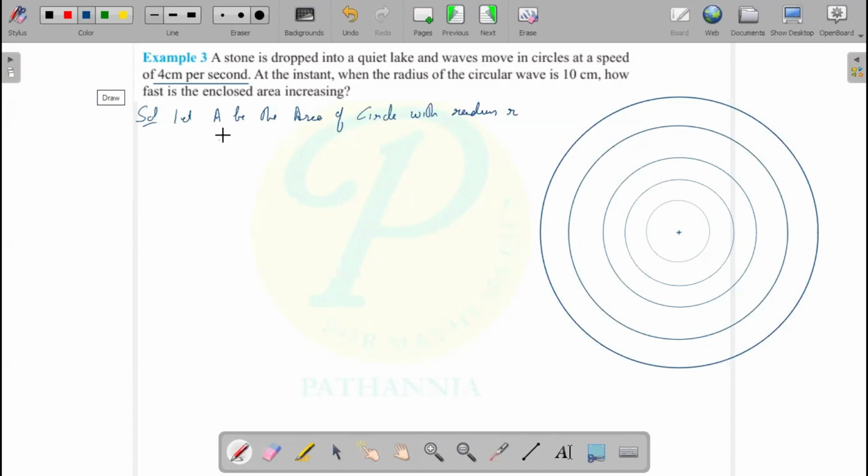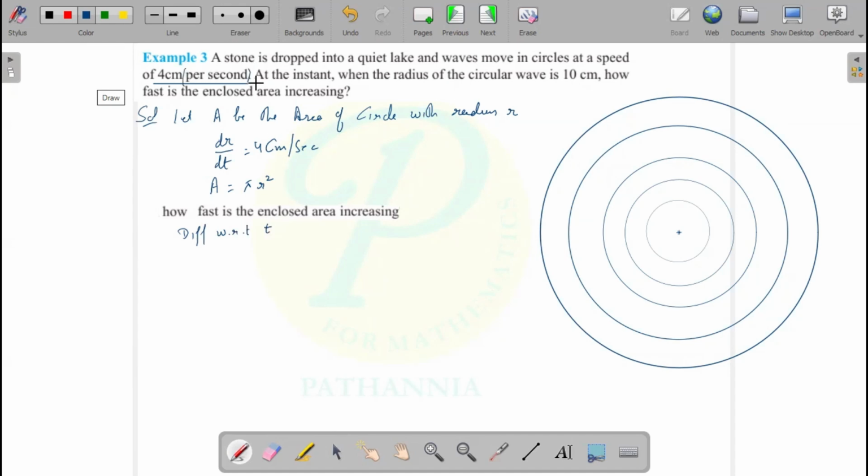He says that the wave moves at the rate of dr upon dt, given to you as 4 centimeter per second, whereas the area of the wave is pi r square. Now you read the question. In the last, he says how fast the enclosing area is increasing. That means he is asking the rate of change in area with respect to